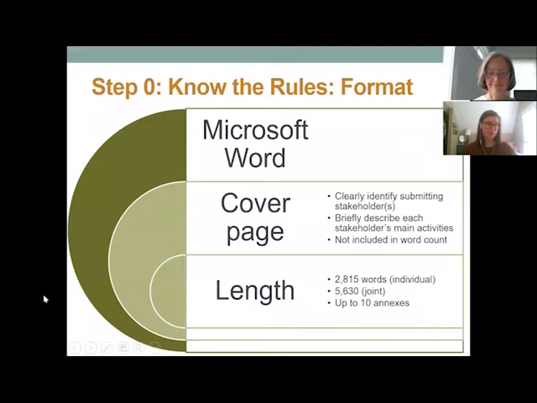So first, it's important to know the format of UPR stakeholder reports when you submit them. You should submit the report in Microsoft Word format with a cover page that includes the name of your organization, a short description of the work your organization does, and a logo if you have one. This page should also include a logo and description for your partner organizations or sign-ons if they agree to include their logo. You can see an example of a cover page in any of the Advocates stakeholder reports or in the template page that Amy showed in the previous slide.